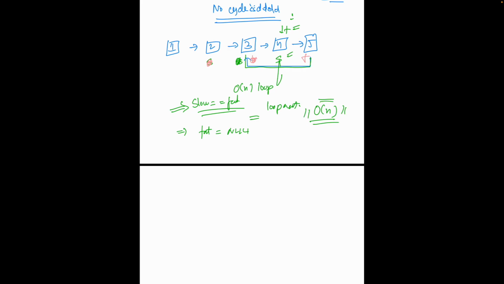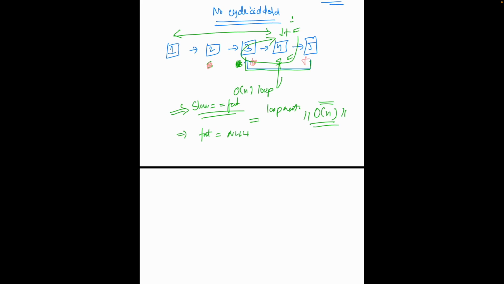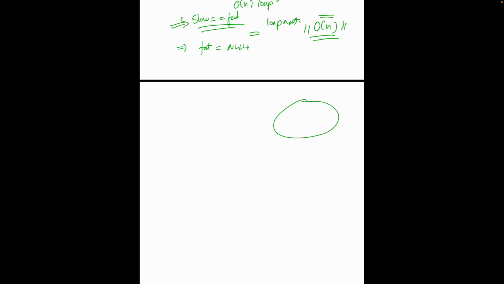And because we only had to travel till here and the fast pointer already caught us back to where it was. The worst case scenario of this algorithm is Big O of n, and the reason being, let's take a circle. If you start from here and you take one step at a time, and some other person takes two steps at a time, then eventually